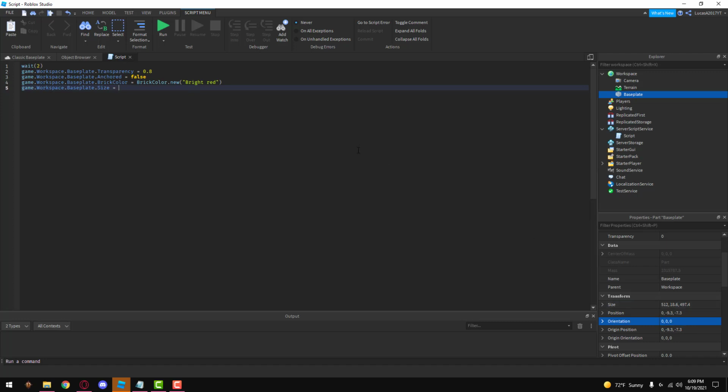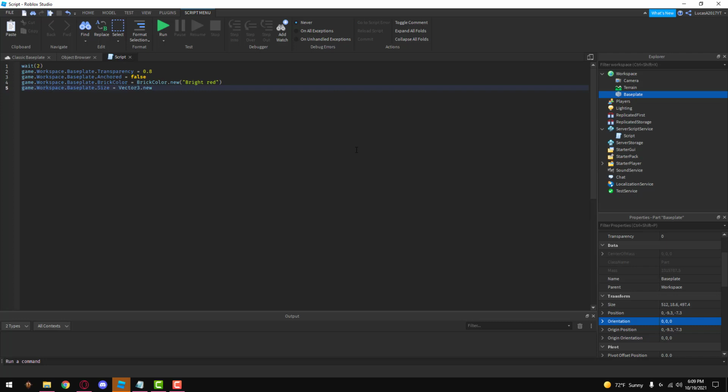Anything that has 3 values, you always say vector 3. If it has 2 values, you say vector 2. But in this case, it has 3 values, so you say vector 3 dot